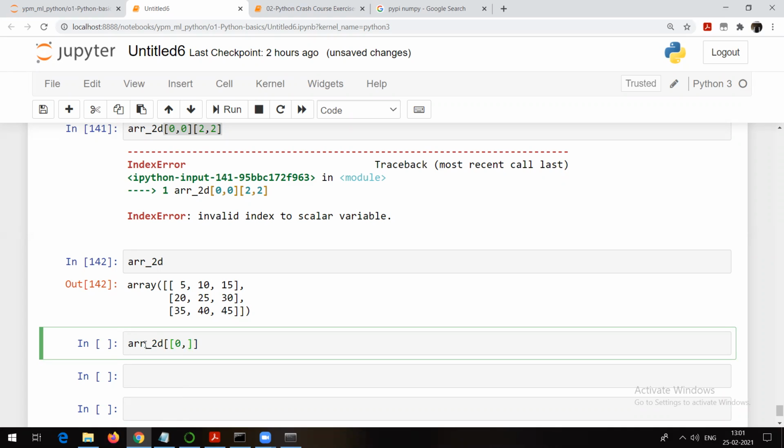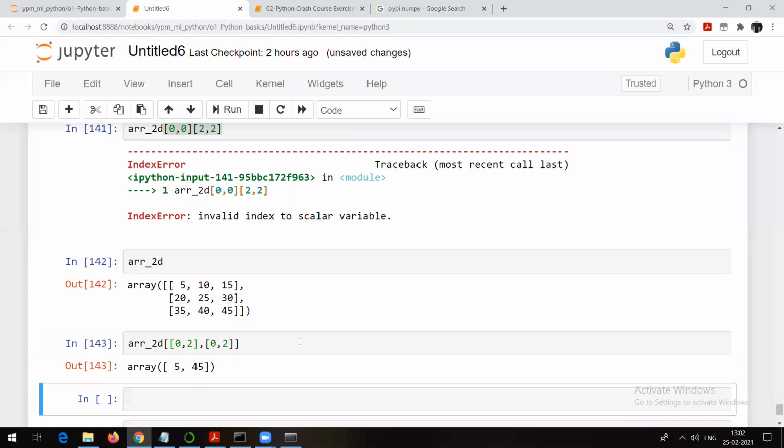I want 0th row number and second row number. And then comma, then one more square bracket here, and which column numbers do you want? What is the column for 5? 0. What is the column for this one? 1, 2, right? So 0 comma 2. That's it. So 0th row and second row. Second row it should be, not 1. 0 comma 2, 0 comma 2.